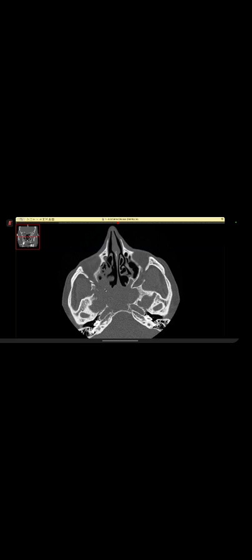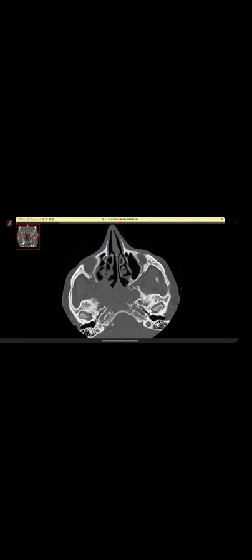And there is gross destruction. Now, this is the pterygopalatine fossa on this side. And on the other side, you can see it is completely eroded or involved by the lesion. Now, as we go inferiorly, so on this side, we can see that